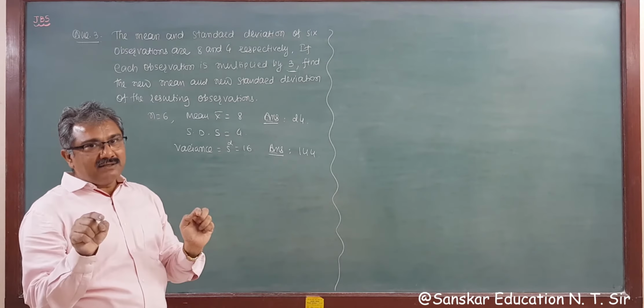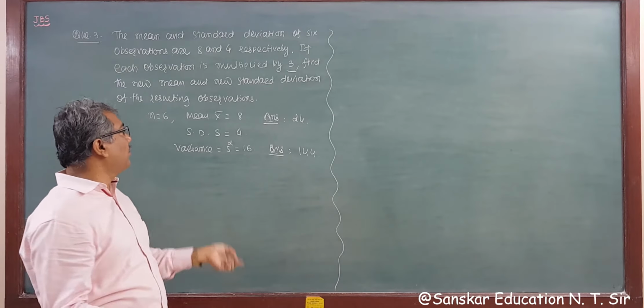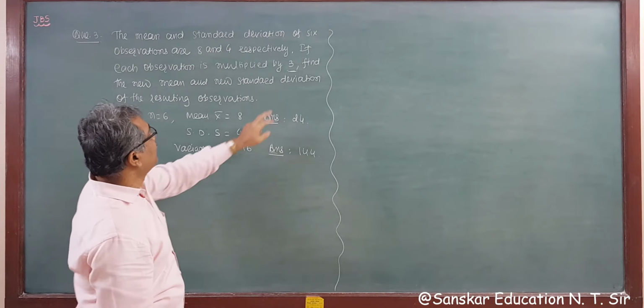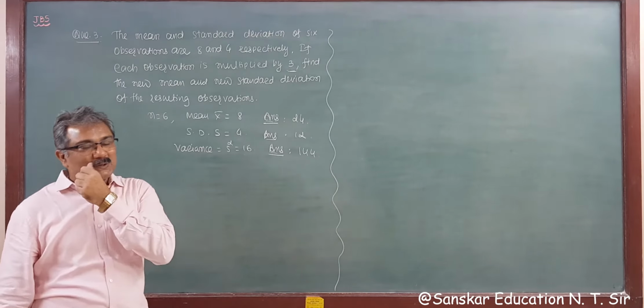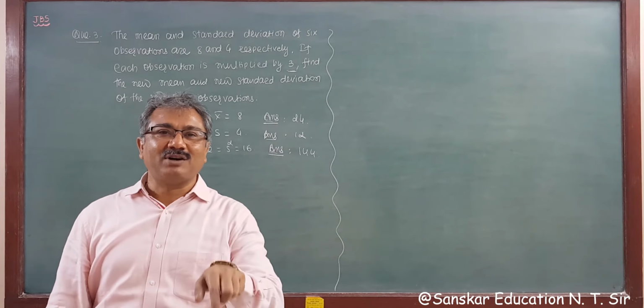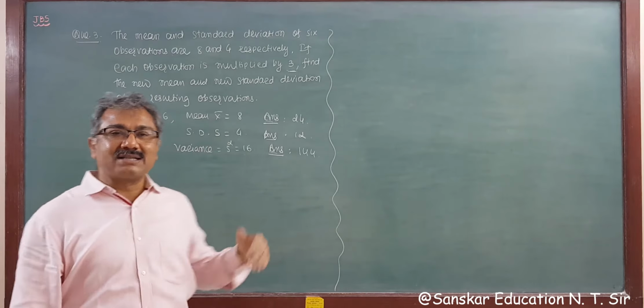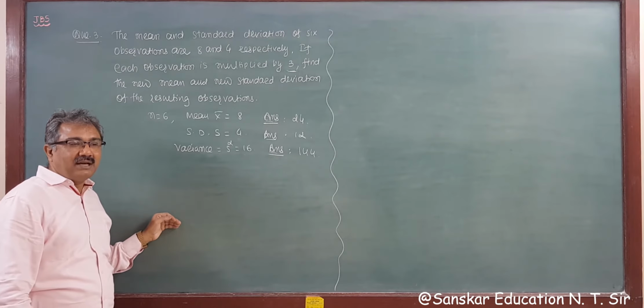And for standard deviation, it's k times the old one. So this is 3 and this is 4. Standard deviation is 3 times the old one, 4. 4 into 3 is 12. So standard deviation is 12, and the square root of the variance is also 12. So you can find your answer very easily. This is for competitive exams, not for Gujarat board descriptive. In descriptive you have to solve each and everything.